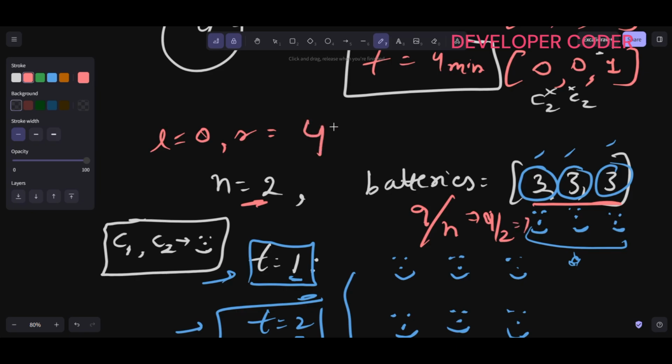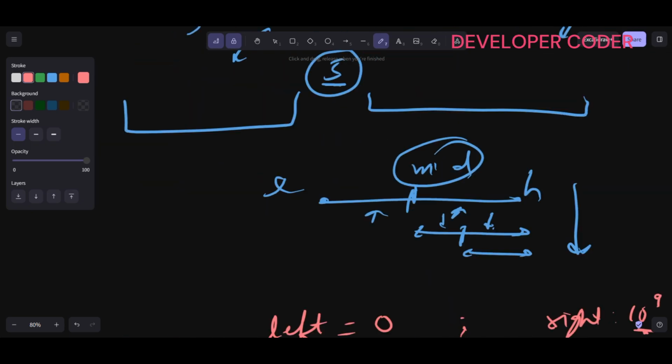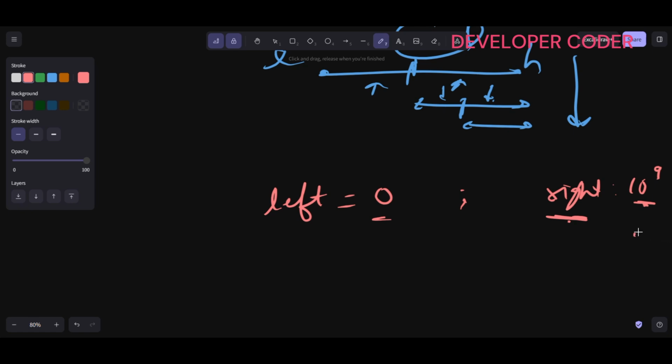So here if you see, this is the range, right? Definitely out of this range you will never find any better value, right? So in this range only actually you need to check. So you can take your left as 0 and right as total sum divided by n, right? This is what you can do, right? Okay, now